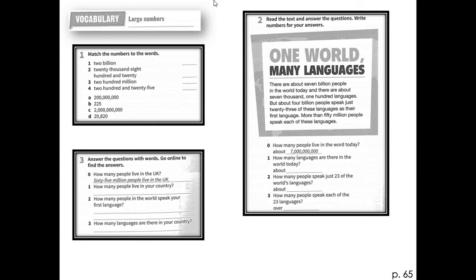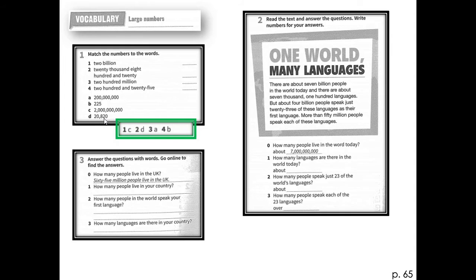Alright, let's look at this one here. 2 billion, which figure is it? Number 1 is matched with C. So 2 billion has 10 digits, right? There are 9 zeros here and 1 in front, which is the 2. Number 2, you have 20,000. That will be 20 and then 3 zeros at the back. So the answer is number 2, D,